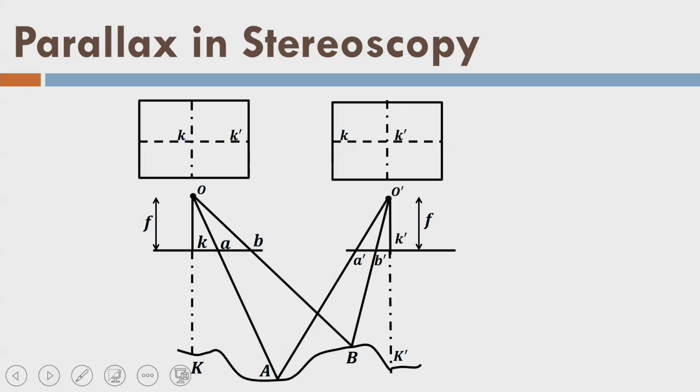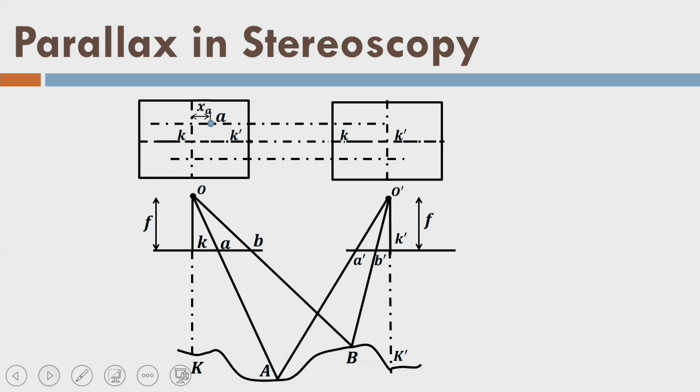You can imagine that both points are appearing in each image because we have 60% overlap. In case we have 50% overlap, K dash would have come at this point here, but now we have 60% overlap, that is why point K dash is appearing inside the image or photo, first photo. Similarly, point K is appearing here and not there. Okay, so this is fine. You can see this point A was here.